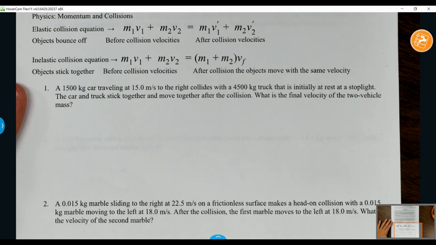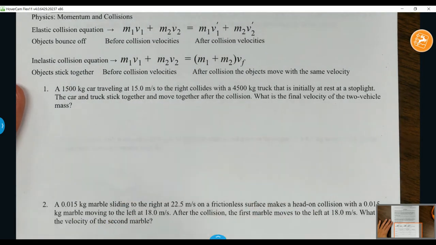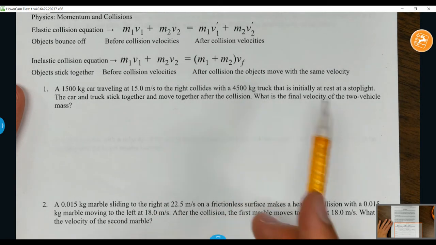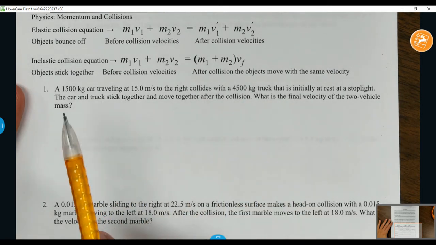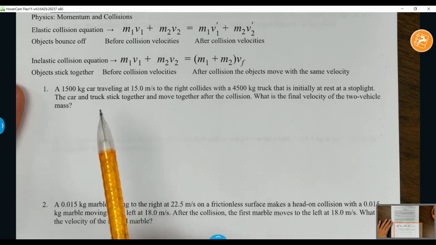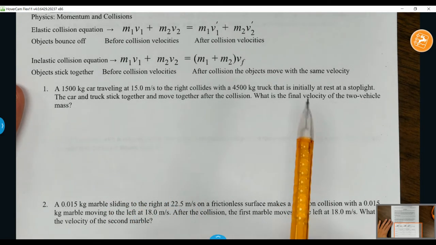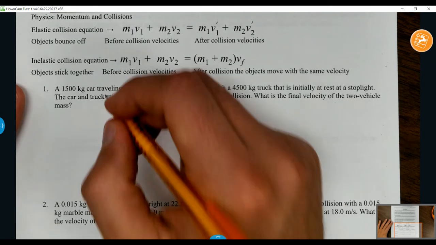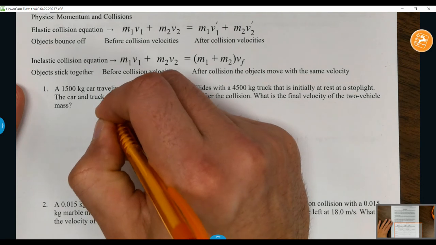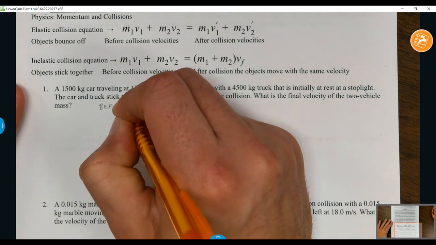So we have a 1,500 kilogram car that is traveling 15 meters per second to the right. It collides with a 4,500 kilogram truck that is initially at rest. The car and truck wind up sticking together after the collision. What is the final velocity of that two-vehicle mass? So what you guys are going to want to do, and everyone should be doing this,